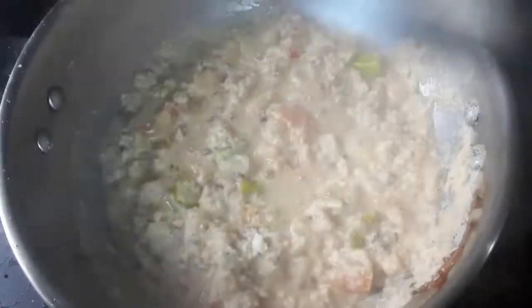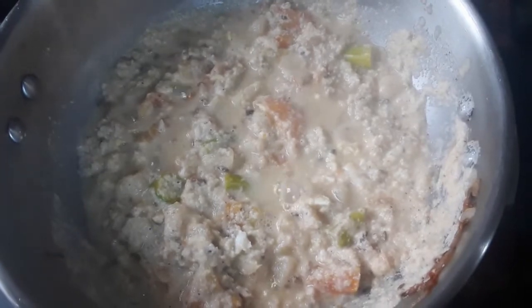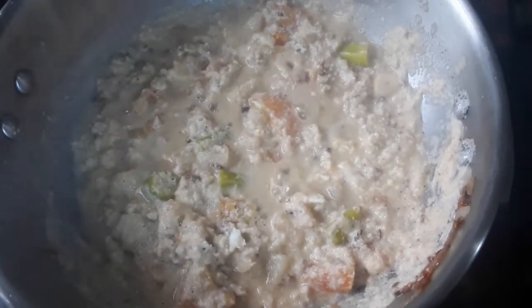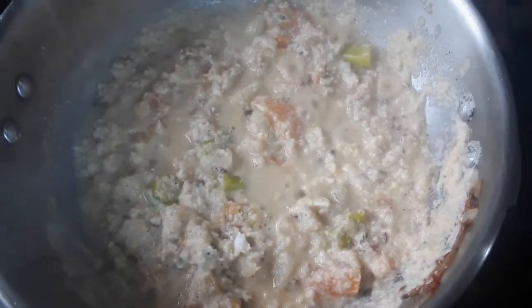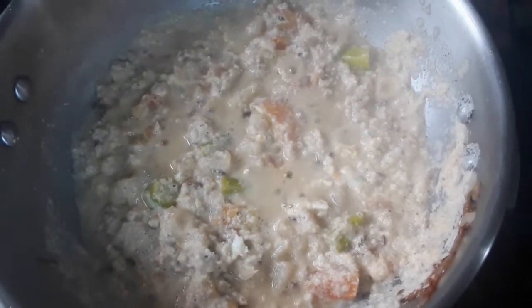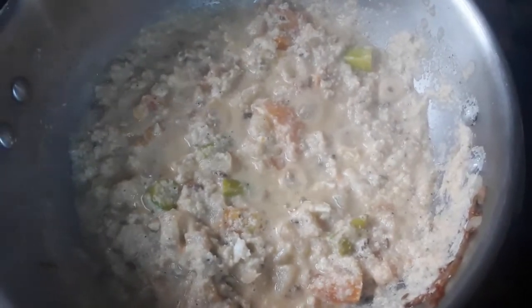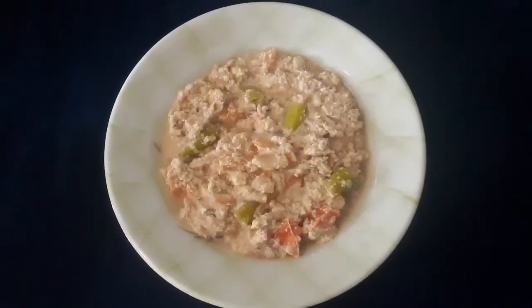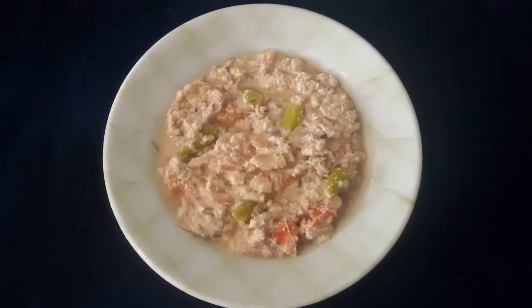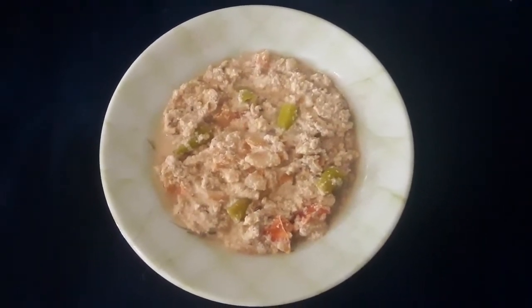Now open. Now the scrambled egg cucumber coconut stew is ready and can be taken off the flame and served. This is the final scrambled egg cucumber